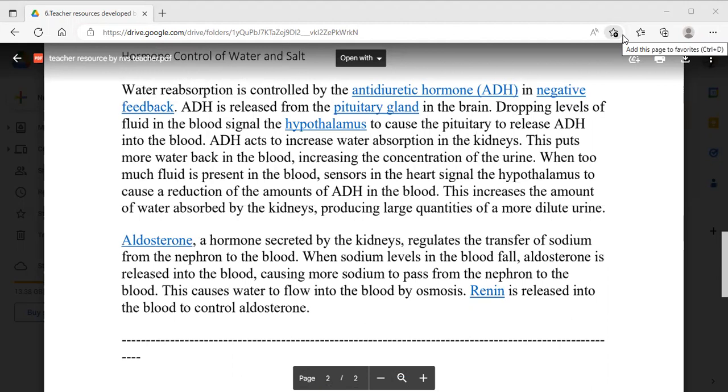ADH release from pituitary gland in the brain. ADH पिट्यूटरी ग्लैंड ब्रेन में जो है उससे रिलीज होता है. अगर इसके लेवल ड्रॉप हो जाते हैं तो fluid in the blood signal the hypothalamus to cause the pituitary to release ADH. So dropping levels जब बॉडी में बहुत ज्यादा